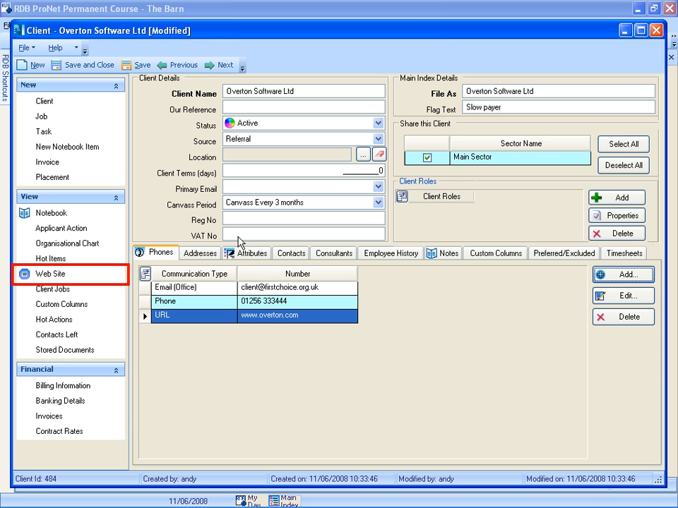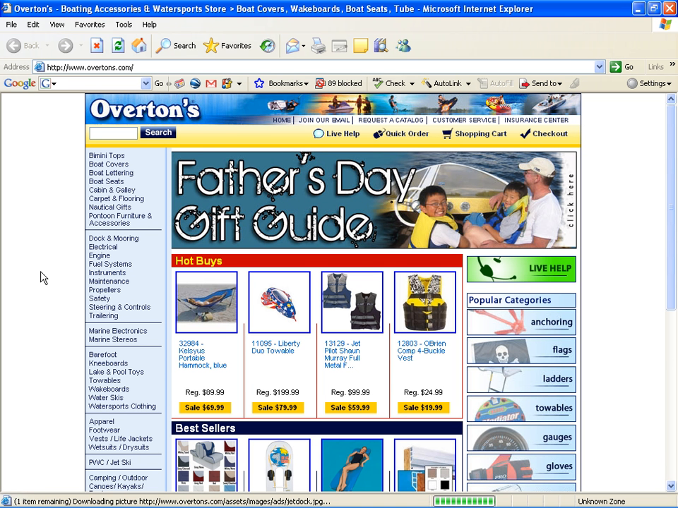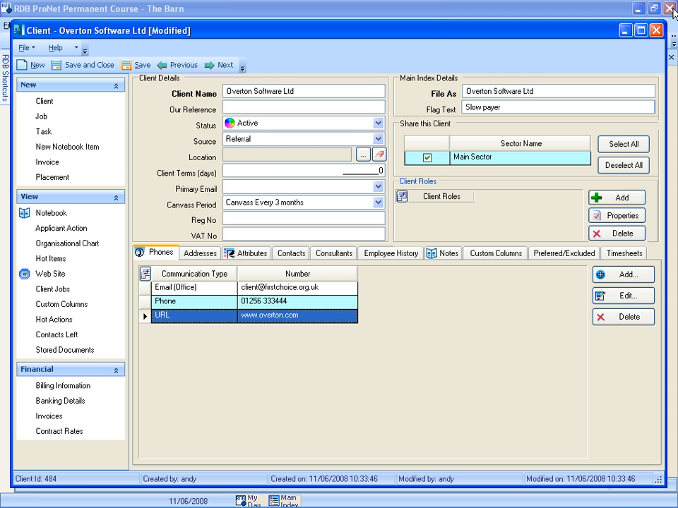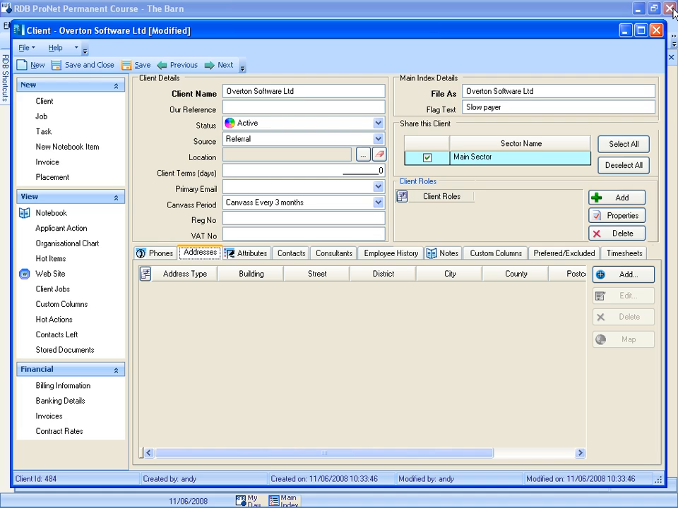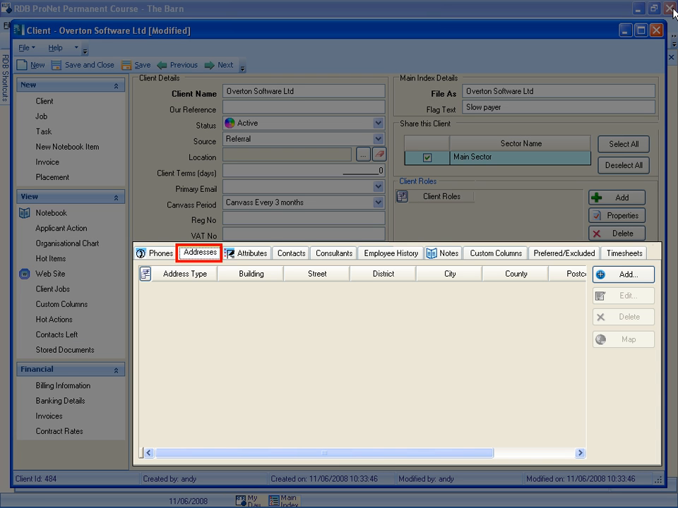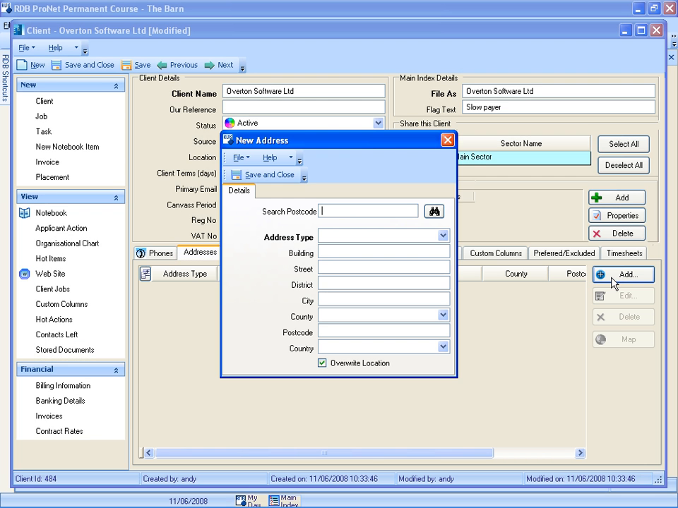Click here to connect to the client's website. Assuming you're connected to the Internet, the client's website opens. The Addresses tab can display more than one address. If you have the postcode software installed, you can search for the postcode and the address will be added automatically. Just add the street number